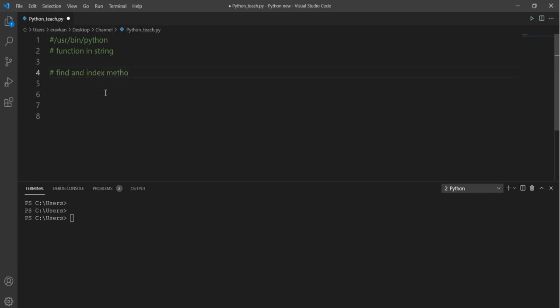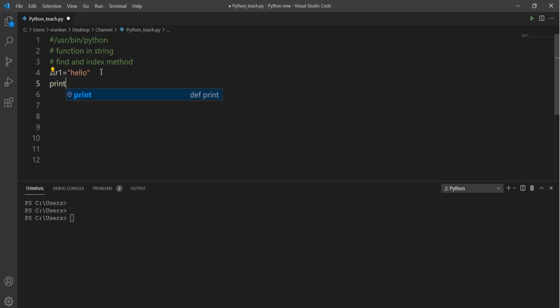These two methods you have in string. Suppose I have a string hello. If I want to find the position of O, then I can use the index method or the find method. There is just a small difference between find and index that we will discuss.